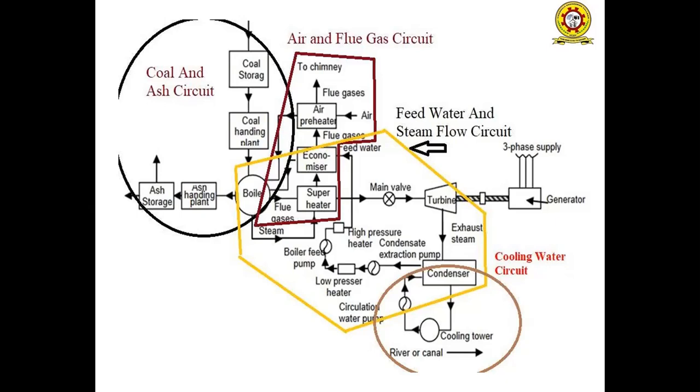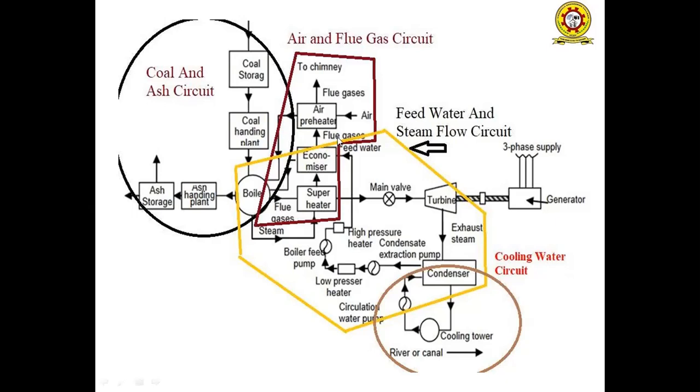that is, steam extracted from different points of the turbine, and finally the condensate is pumped into the boiler. That means the condensed water extracted from the condenser is again sent into the boiler through the economizer. During the process, the part of the steam and water lost by passing through different components is compensated by supplying additional water. This feed water must be purified before it is sent into the economizer, because if any impurities are there, scalings are formed. If scalings are there in the boiler tubes, damage occurs.